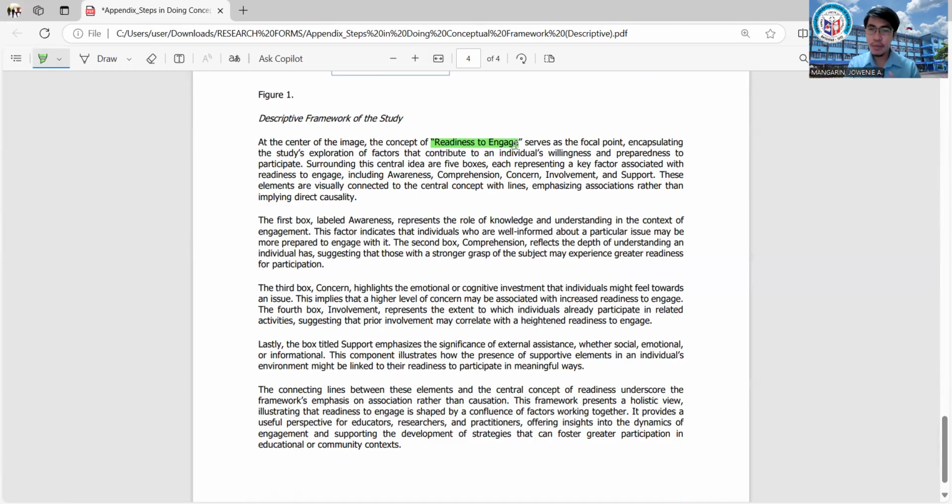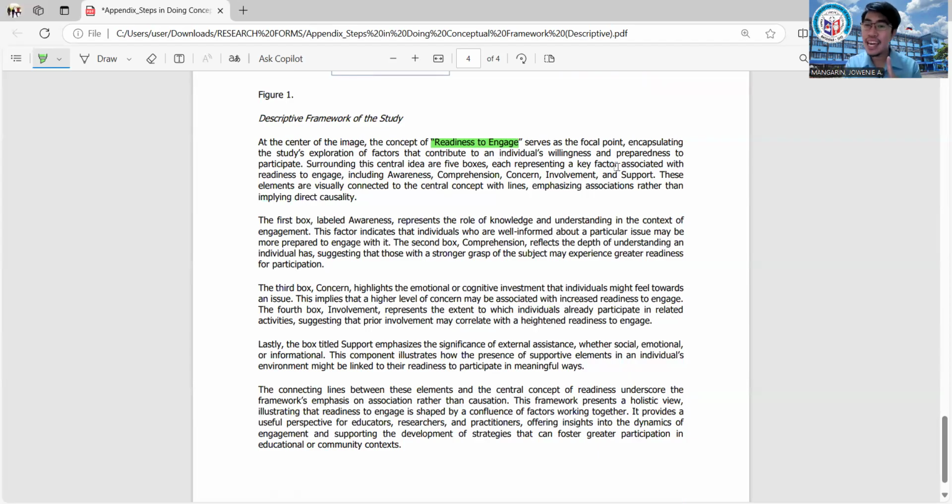And take note, gumagamit sila ng mga term na nagbibigay ng signal sa mga readers na ang purpose lang ng study ay to describe. Okay, tingnan natin. Ano yung mga hedging or mga palatandaan na statement na ang ginawa ng mga researchers is just to describe. So, they have here the concept of readiness, and this readiness